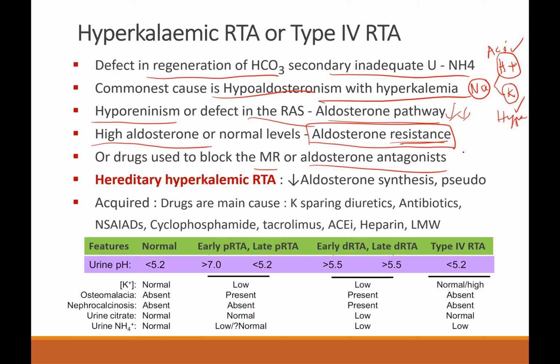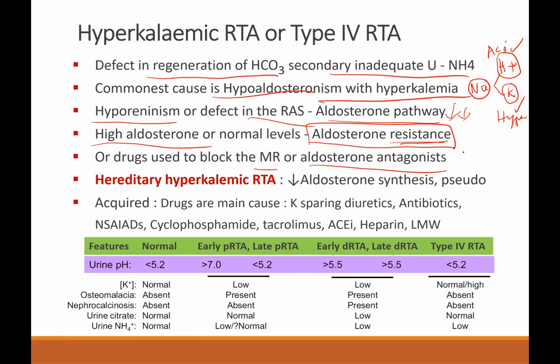Diuresis occurs along with sodium, water also goes. But in the process, potassium is retained and acidosis occurs. So here is a condition wherein there is acidosis and hyperkalemia together. The acidosis and hyperkalemia are secondary to either aldosterone deficiency, either because of renin deficiency or a problem in the RAS pathway,